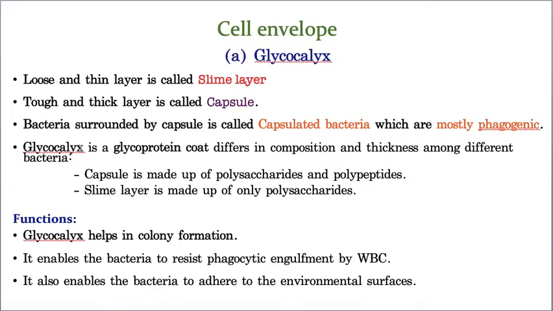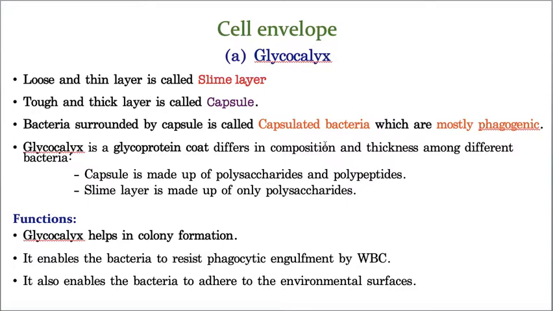Now the glycocalyx is a glycoprotein coat. That means this glycocalyx is made up of sugar and protein. Sugar and protein together are called a glycoprotein, because we can't write sugar and protein each time, that's why we clubbed them, and it became glycoprotein. So that means this layer consists of carbohydrate on one hand, and on the other hand it also consists of proteins. As two components are mixed to form this layer, it is called a glycoprotein layer,